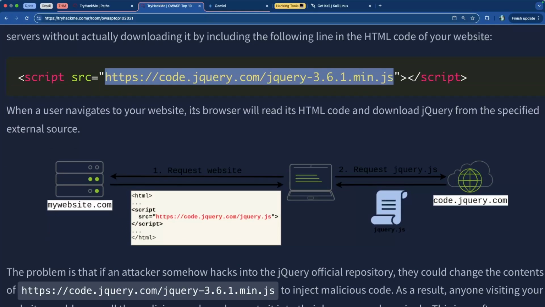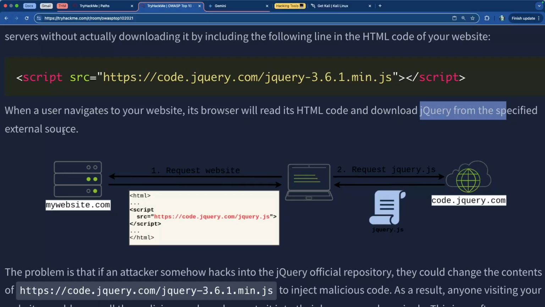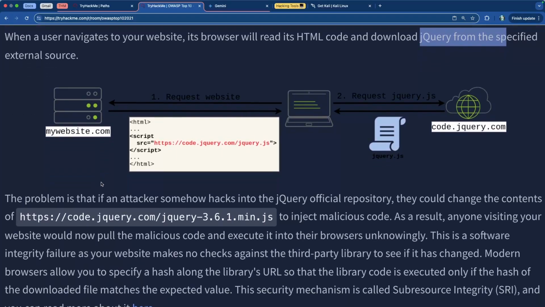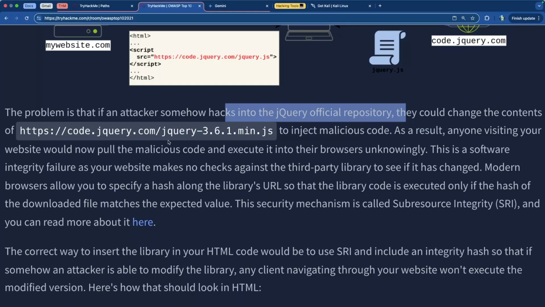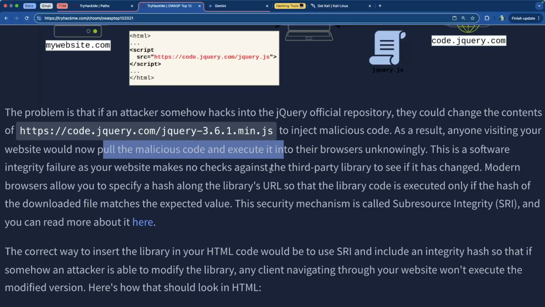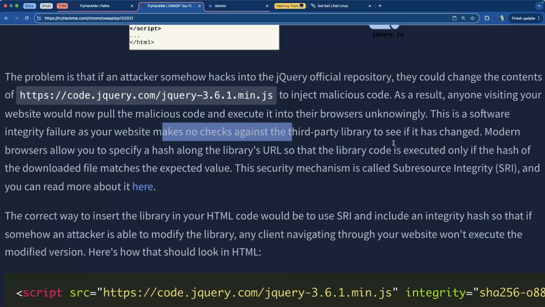So what happens is that when somebody navigates to your website, the browser will read the HTML code and then download the jQuery from the specified external source. So somebody requests this, right? And then their request from the website goes to the jQuery.js file, and then jQuery will send that file and it'll get processed on the HTML, and then the viewer gets to see whatever is on the website as they view it. So if somebody hacks into the jQuery official repository, they can change this and inject malicious code in it, and anyone visiting your site would pull that malicious code and execute it in their browser unknowingly, and a lot of things could happen. So this is an integrity failure,